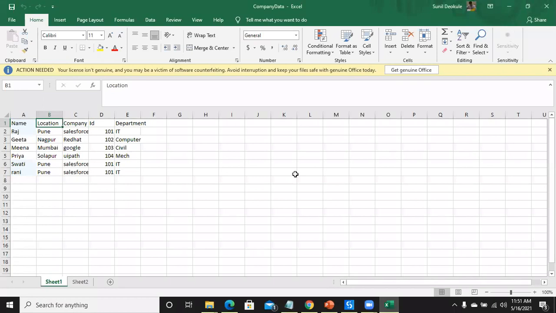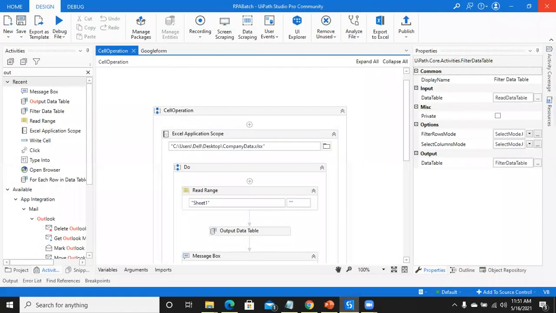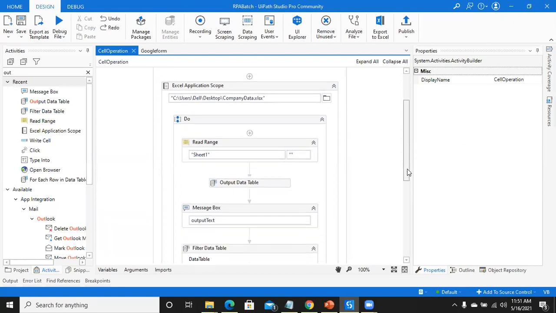Yes. Now if I want the people from Google, what will be the condition? Company equal to Google. Excellent. Company equal to Google. So let's put the same condition here.